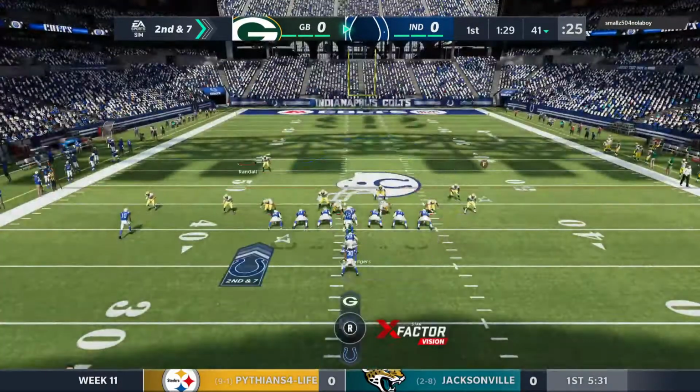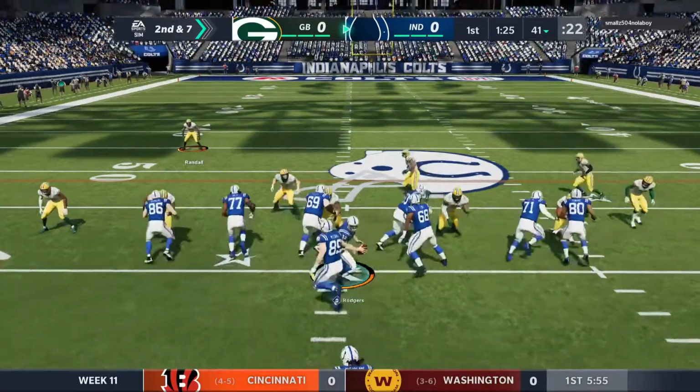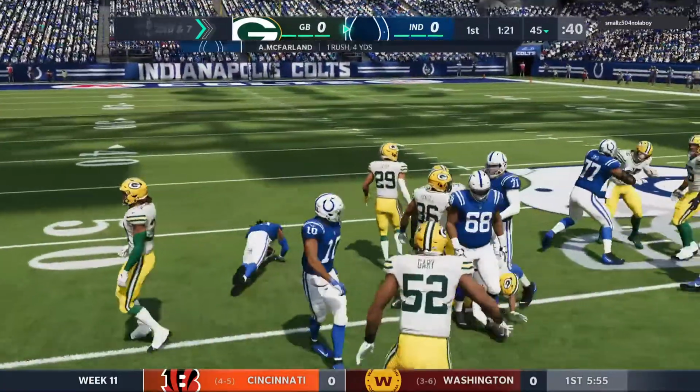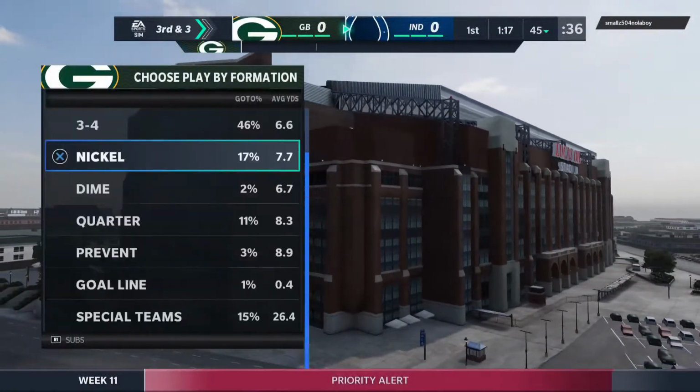The last run got 3. Now here's 2nd and 7. Anthony McFarland, his first carry of the ball game. And he takes this up right near the 45-yard line. He was brought down by...